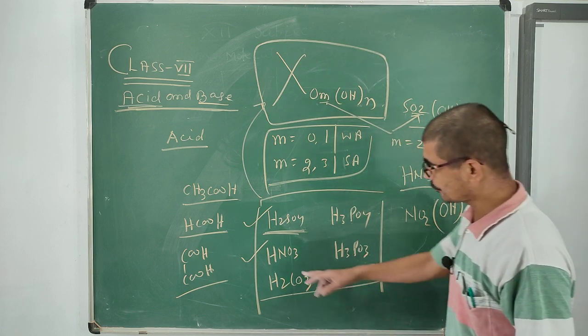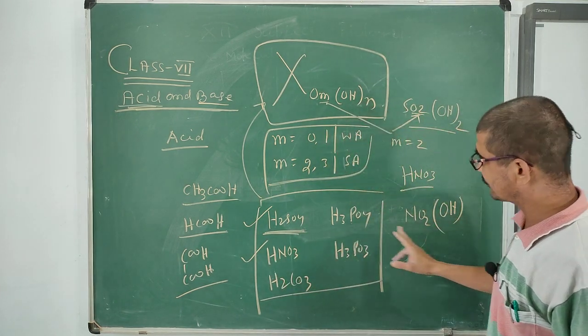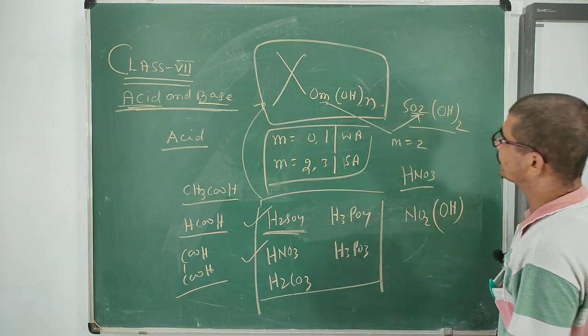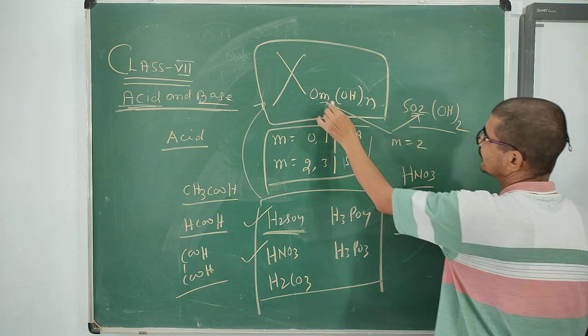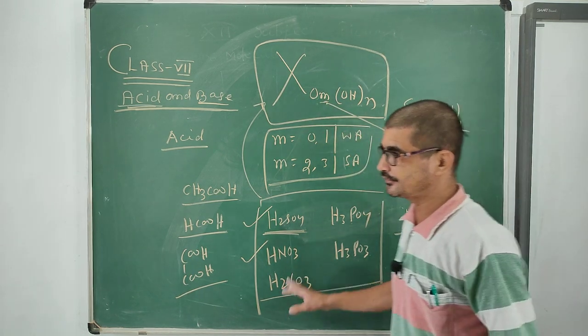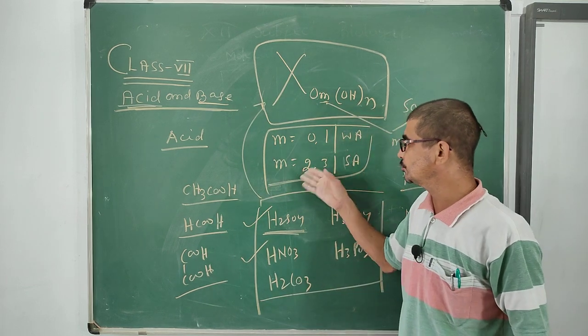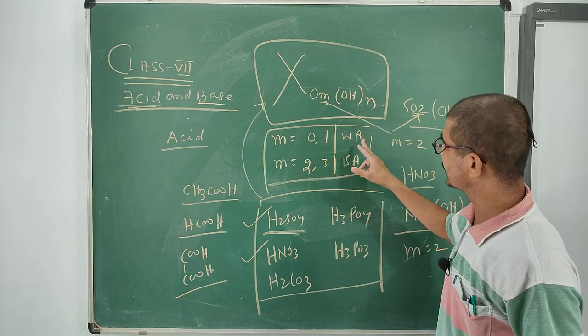Because the number of hydrogen is 1 here, OH is just put in the bracket according to the formula, and finally we have NO2. So now compare the formula with the changed form. We can see that the value of M equals 2 again here. So it is also known as a strong acid, because we know that if the value is either 2 or 3, they are considered strong acids. If the value is either 0 or 1, they are considered weak acids.